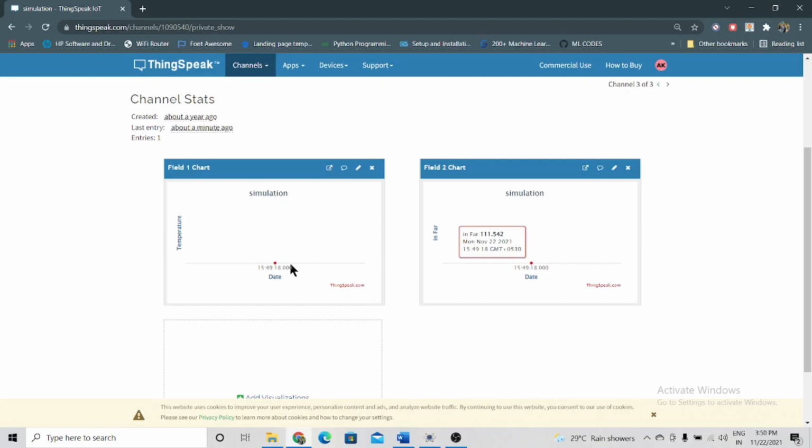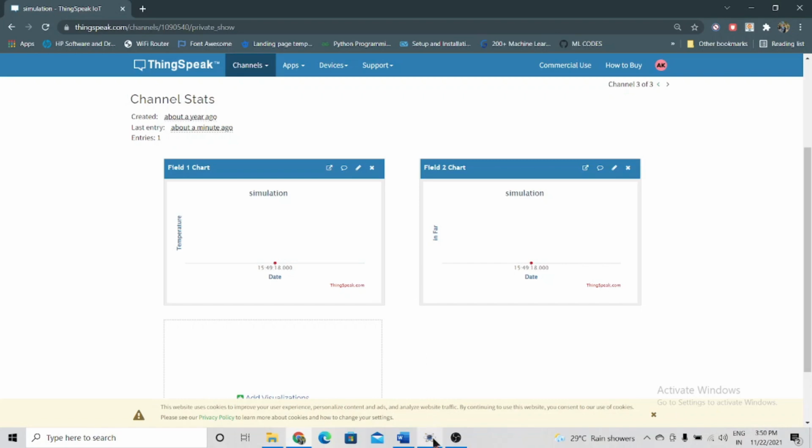This is live data because, as you can see, the date and time is November 22nd, 15:49, and it's 22nd November and 3:50 at the bottom of the screen.